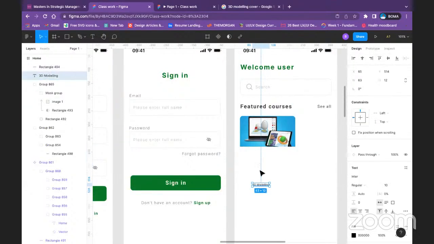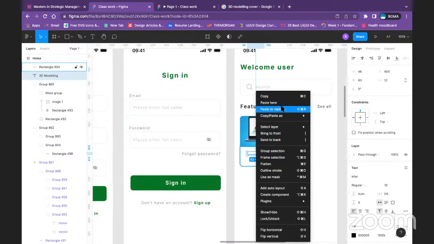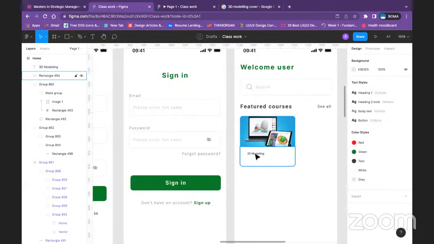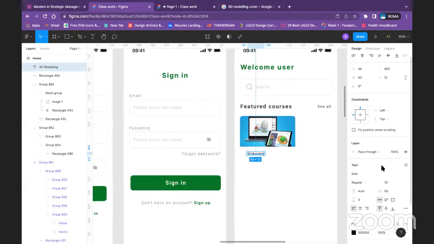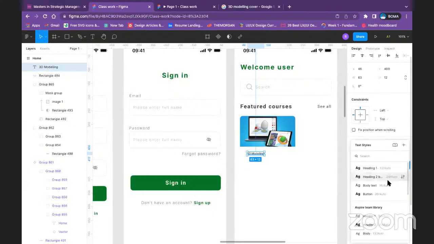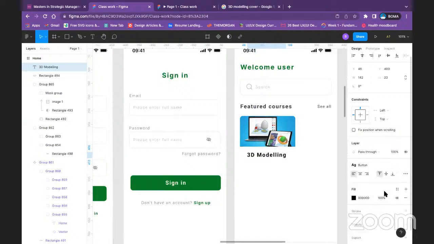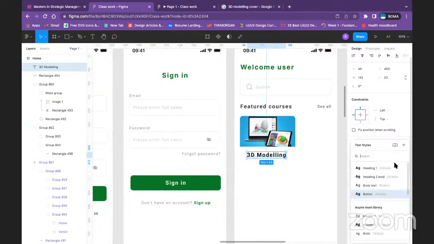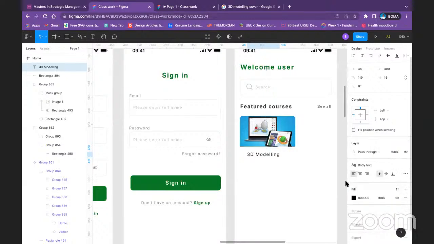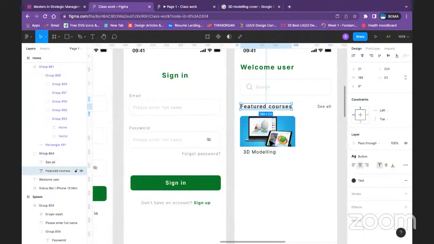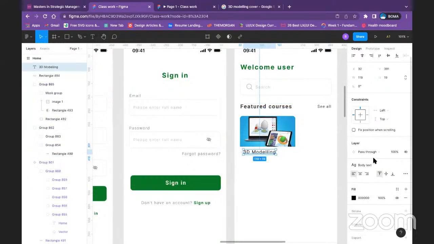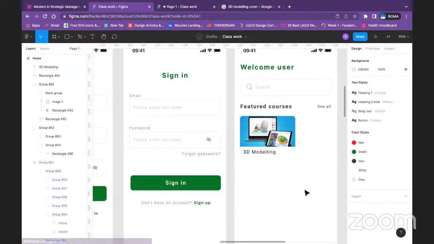I'm doing this because I want to be able to align everything I work with very well. Going to front, I'll go to text. My button text is 3D modeling, then